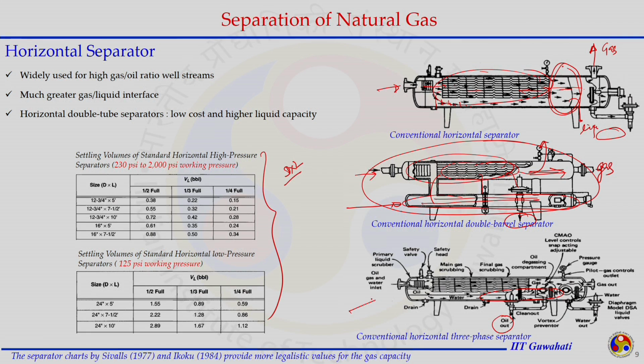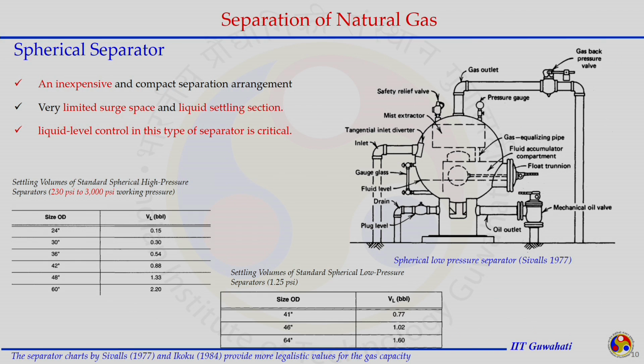We should go with a three phase separator, and three phase separator is also available in the vertical as well as in a spherical domain. Spherical separator, like here, this is a spherical separator where the inlet is like this here. It is compact in design and all the things are happening together. When the fluid is entering inside, primary phase separation is happening, then a disengagement section is there, and a mist extractor is also installed in that compact region. Altogether we are going to get the gas outlet from the top and the oil outlet from the bottom.